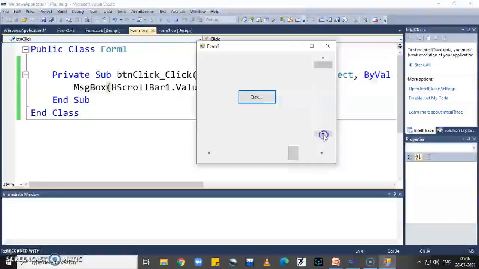Same here for vertical scroll bar, whenever we click on small arrow then small change property is used, and whenever we click on indicator of vertical scroll bar then large change value is used means 100.